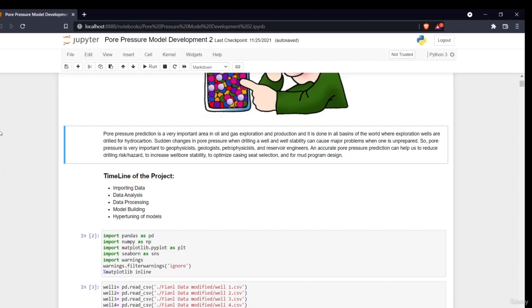That is the same thing written here. Sudden changes in pore pressure while drilling a well and well stability can cause major problems when one is unprepared. So pore pressure is very important to geophysicists, geologists, petrophysicists, and reservoir engineers. These are all different categories or types of jobs involved in the petroleum engineering or